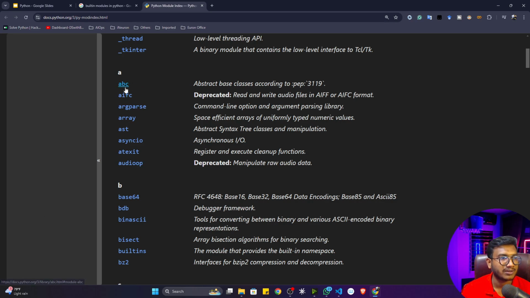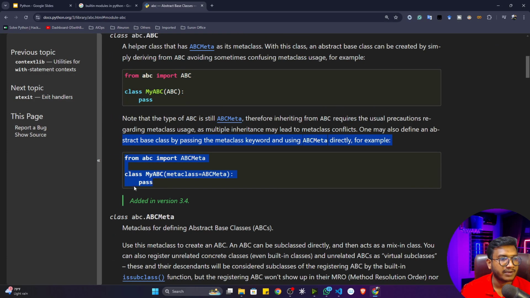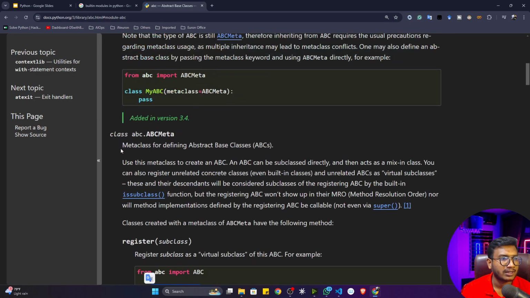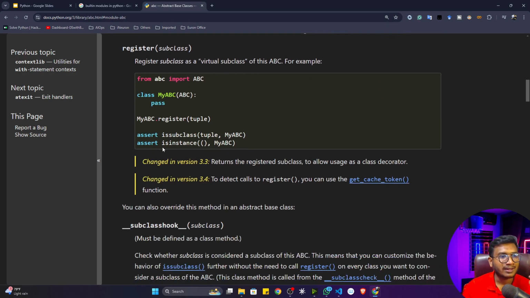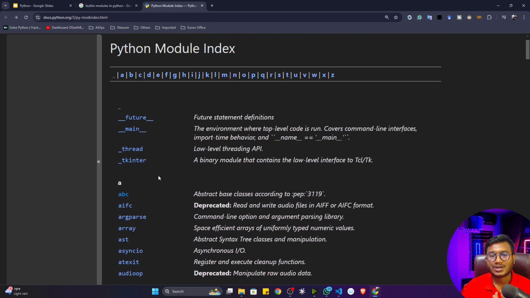Let's say I want to explore this ABC package. I'll click here. See, all the code snippets, everything they have written, all the explanation they have given. If you need it, you can just come here, read it, and use this package in your code. But this is recommended: no need to explore all of the packages available inside Python,